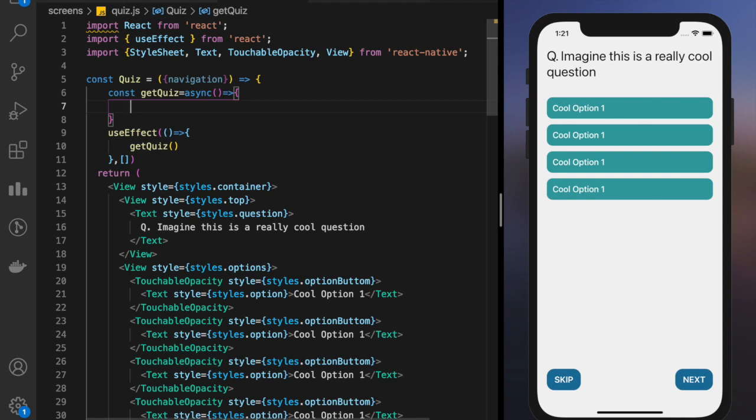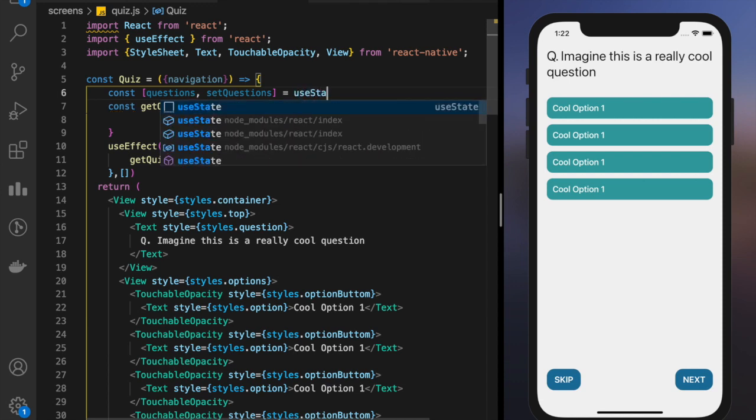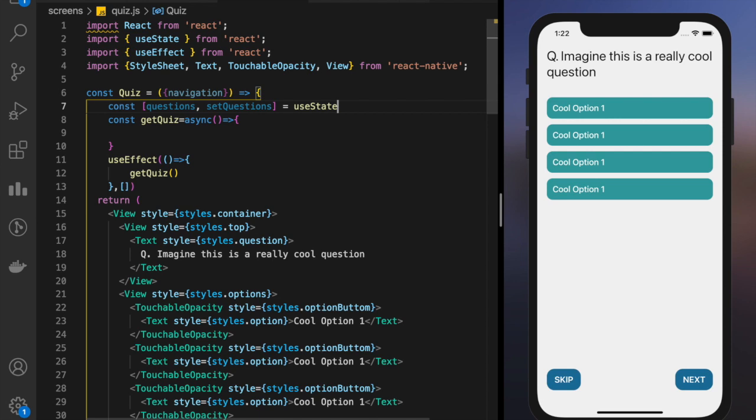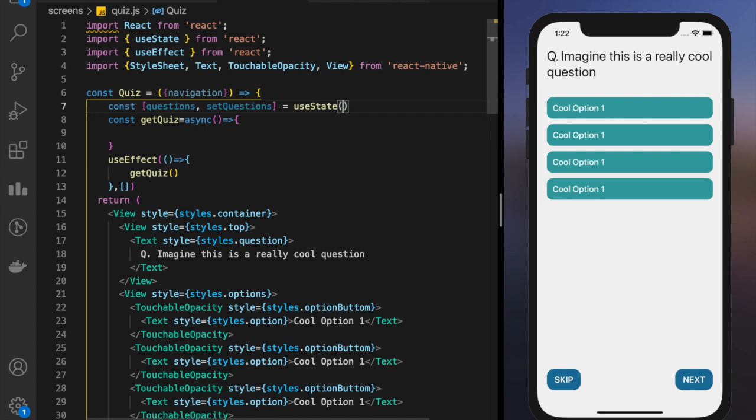Now how are we going to fetch the data from the API? We are going to use fetch API. Fetch is basically a part of JavaScript which fetches the data from any URL that you are going to give. Now to handle our data, let's use const questions, set questions. Now if you are getting confused from what I am writing right now, then you should see 1 or 2 basic beginner videos on React hooks. I am using useState here, and this is an empty array. Okay, right? Let's not initialize it with anything.